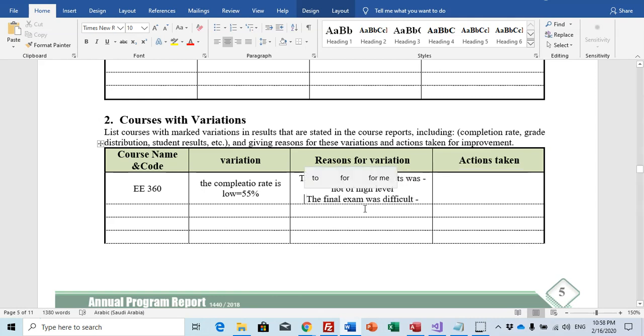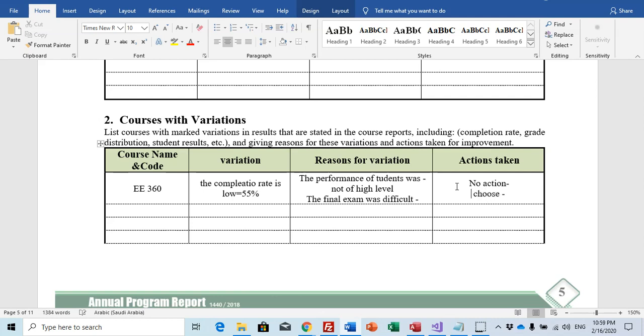Any reason you want to write. What is the action taken? The action should be taken by the instructor and also by the department council. For this movie, no action. No action.